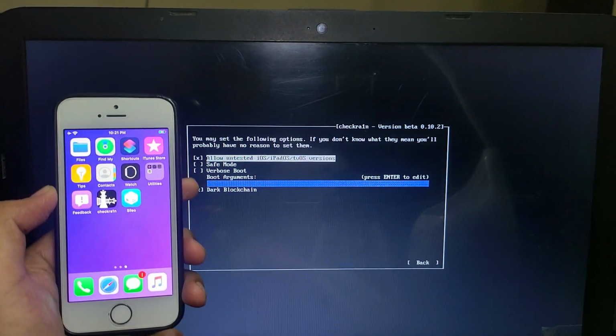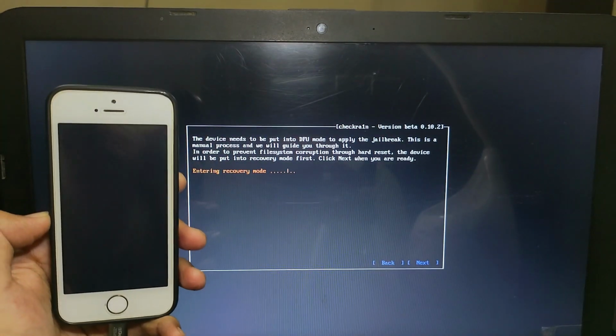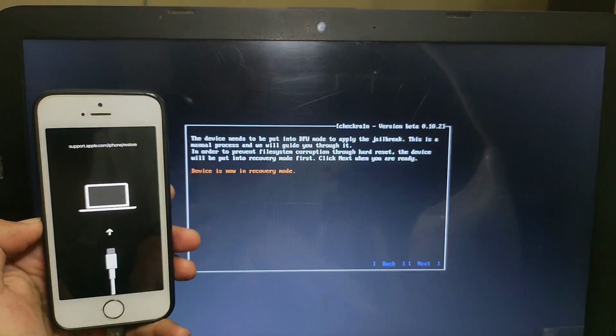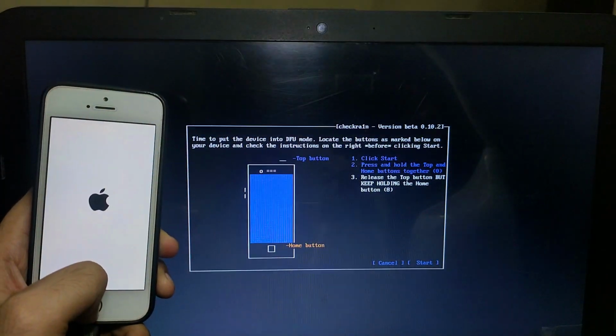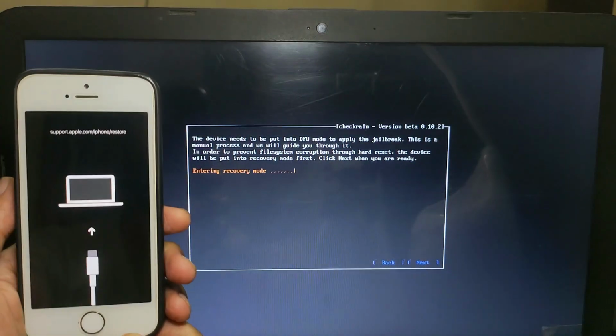After that, whenever you reboot your device, you have to just simply jailbreak it again, you don't have to repeat all the steps. It's for the first time only. So just jailbreak it again simply, and it will be ready with the Sileo package manager on the Checkra1n jailbreak device.